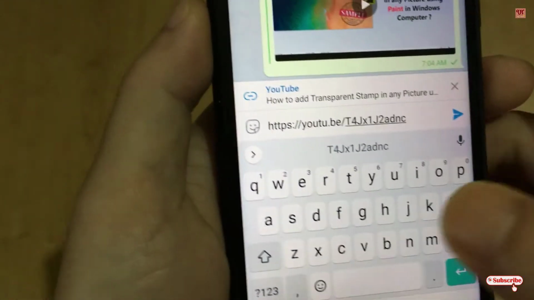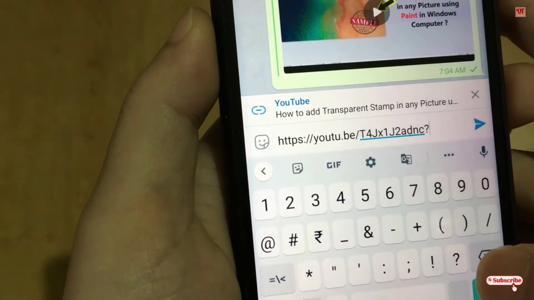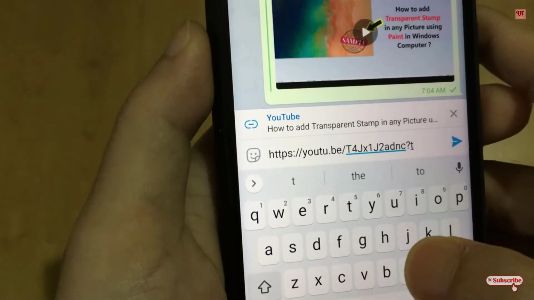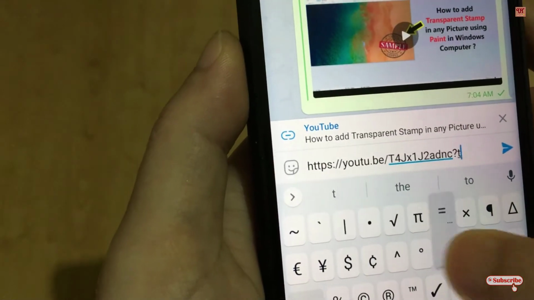Now what you need to do next is, on the last line you need to add something. Say here what you need to type is a question mark, type T, that is for the time, type equal sign,